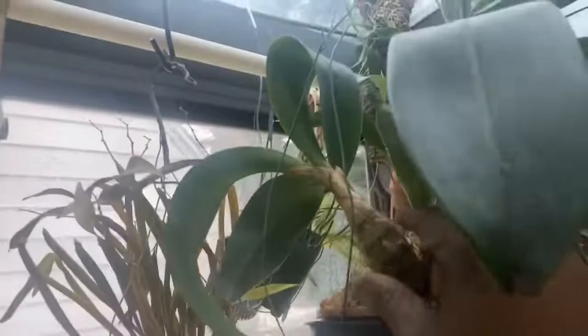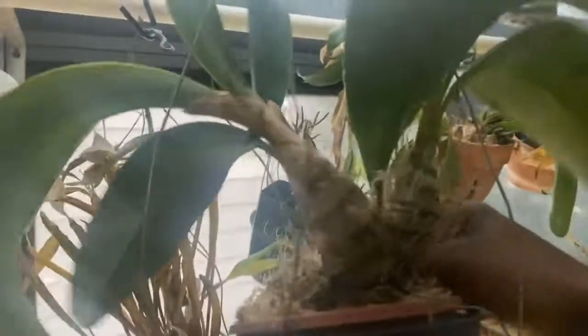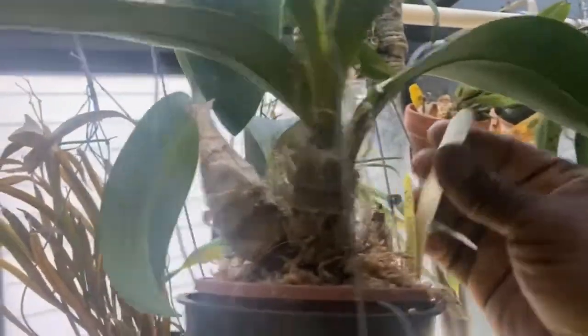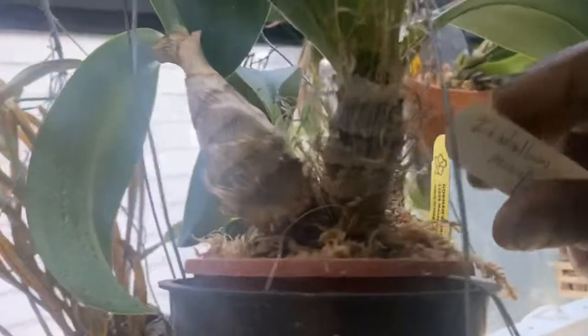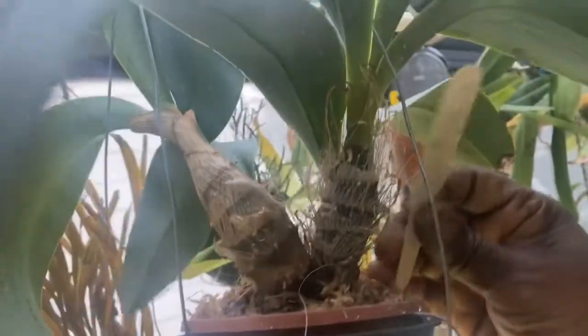I finally repotted this. I'm really expecting this to throw out spikes. This is my Epigeneum, not my Epigeneum, bulbophyllum, which is now Dendrobium munificum. Very unique